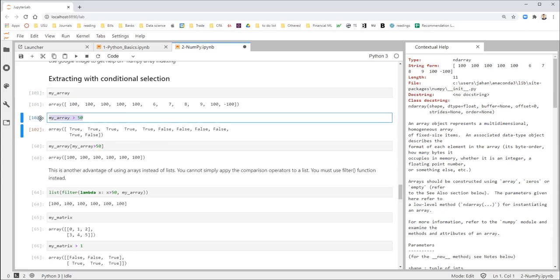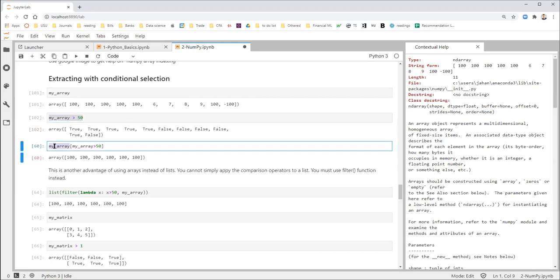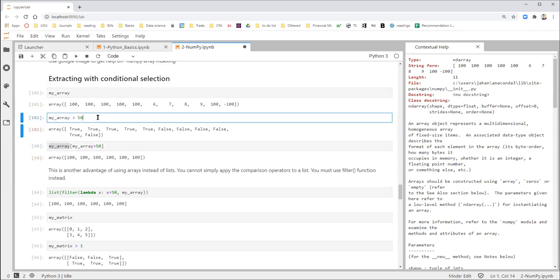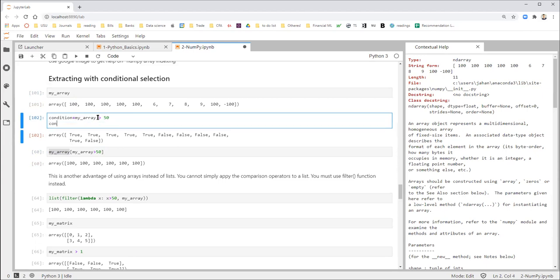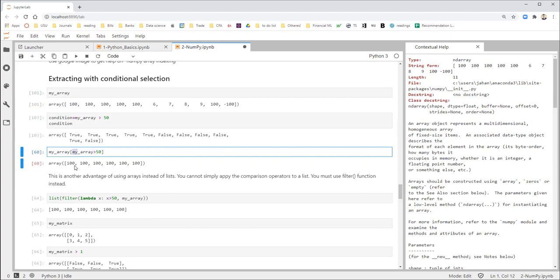Now, this is an object, right? This object has some true and false. If I pass this object, this is my condition, to the array itself, to my array, let me actually do it in 2 steps. I call it my condition, and then I pass the condition. So this is my condition. Now, if I do it like this,